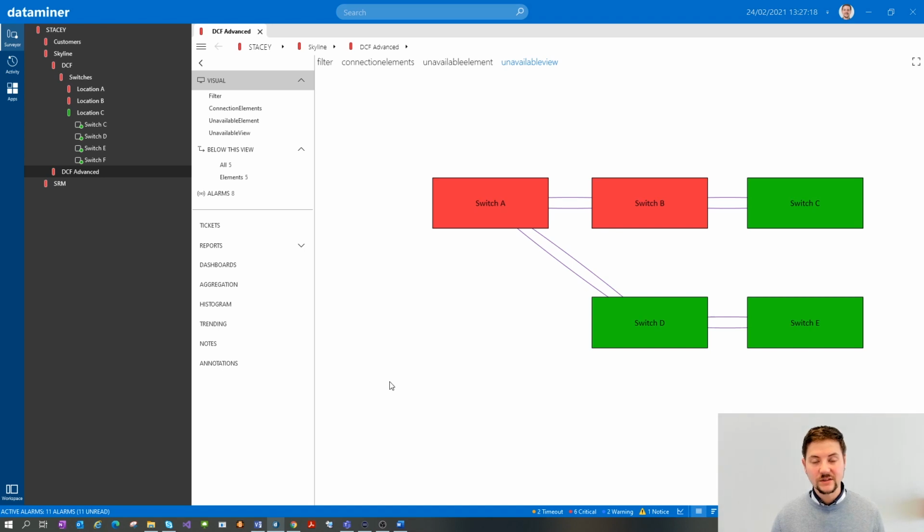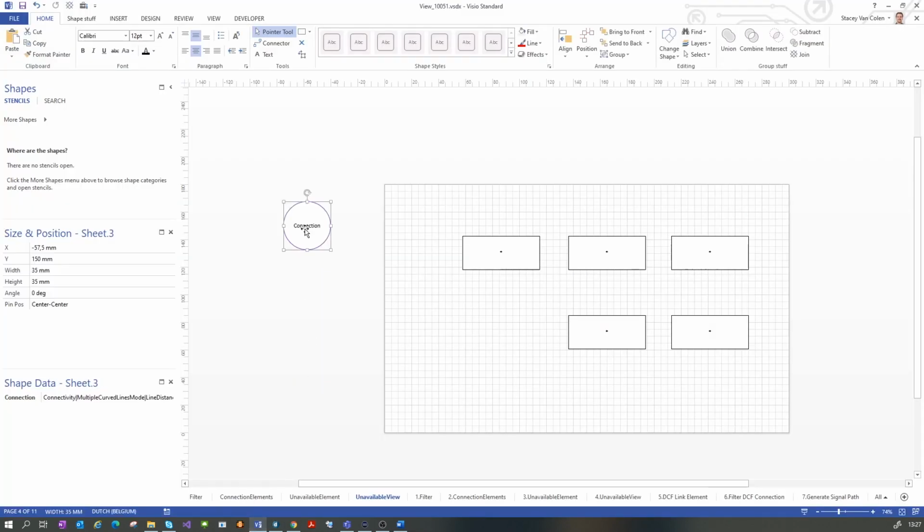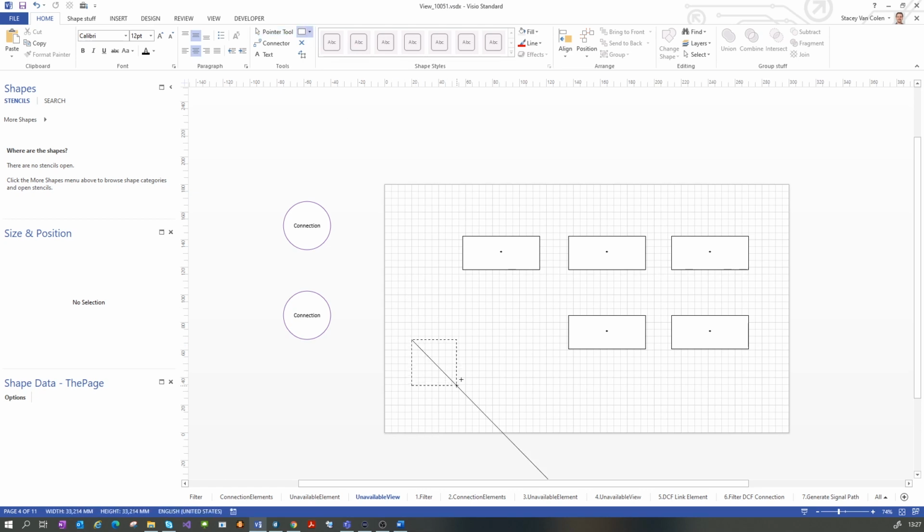So we have our drawn elements, and one of these elements connects to an element which is in another view. If you want to dynamically represent that view to which that element which we have drawn connects to, you can use the unavailable view connectivity. To do so, we again need to draw two shapes. We go to our Visio drawing, and first of all, we again add a connection shape, which then represents the connection between the unavailable view element and also our known element. We need to put in here the unavailable views connectivity,